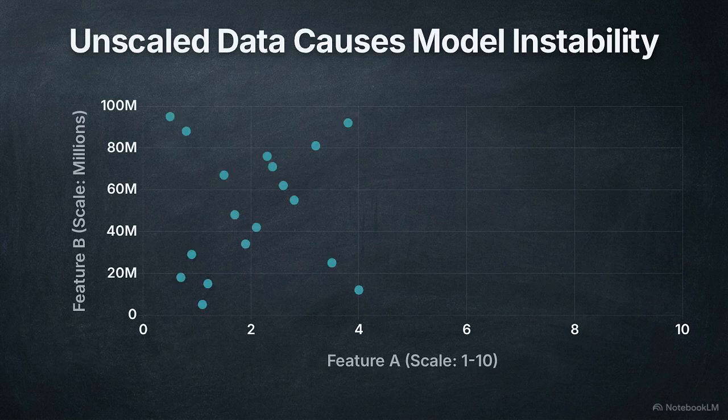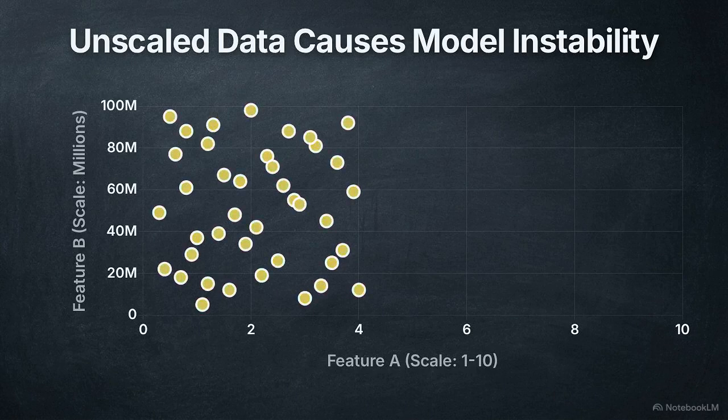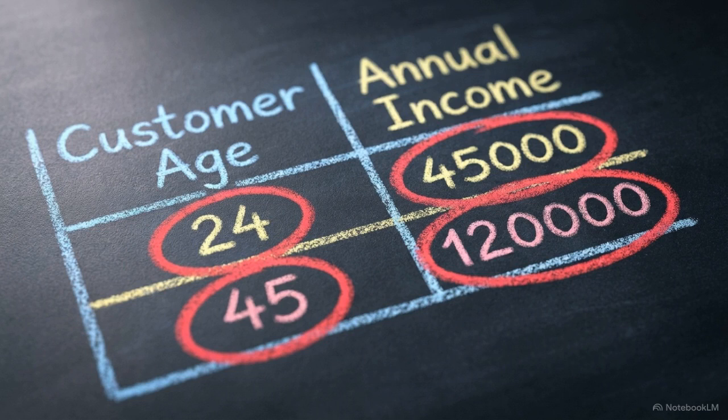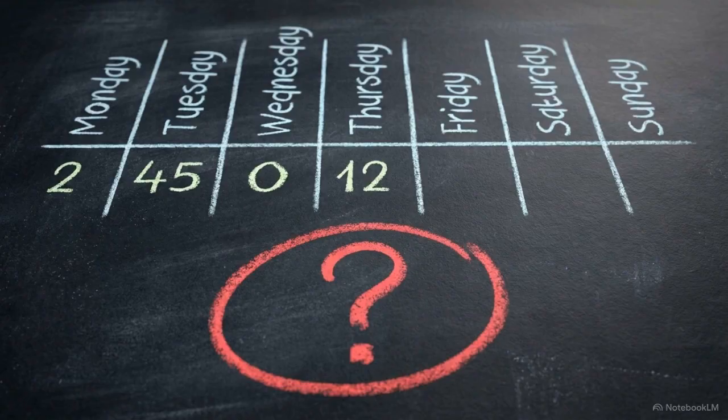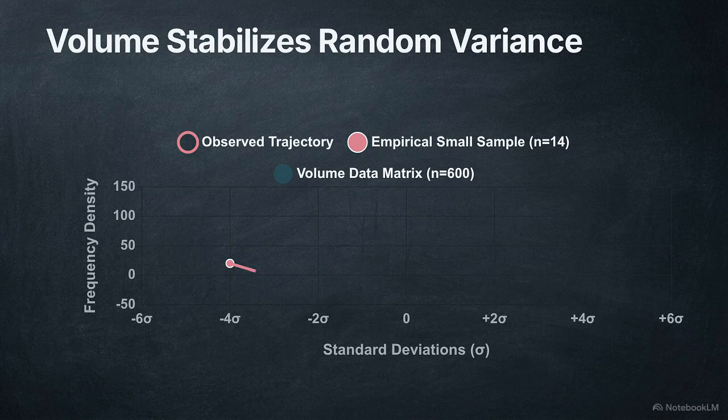When raw, unscaled data points enter a machine learning model, like a neural network, they often collide into an unstable heap. Pattern-finding algorithms struggle to calculate meaningful weights when the incoming geometric objects are sized and distributed randomly. This instability stems from the inherent noise within small samples of empirical data. The sales figures from a single store over a single week represent the high degree of random variance found in a specific, limited instance. The law of large numbers provides the mathematical framework to stabilize this variance.